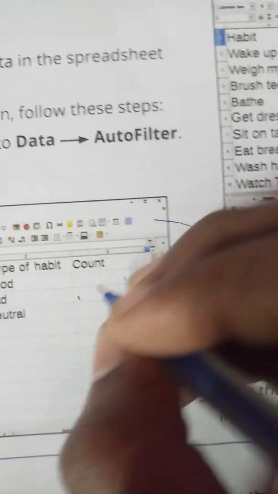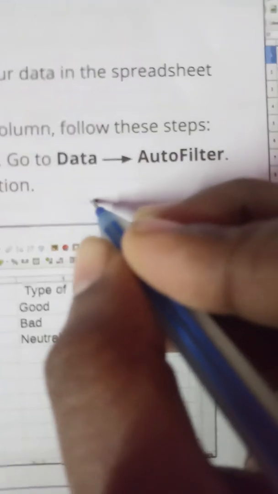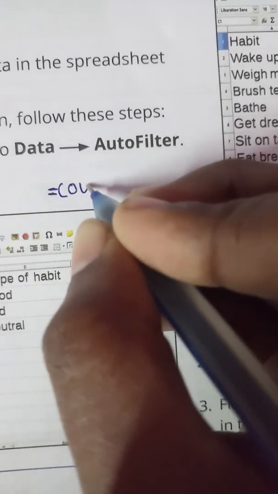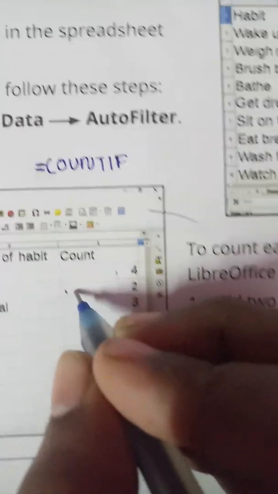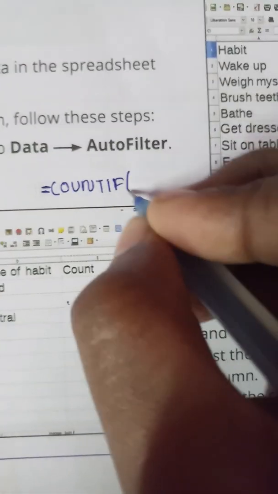For bad, I will write it here. First I give equal to COUNTIF, open bracket.